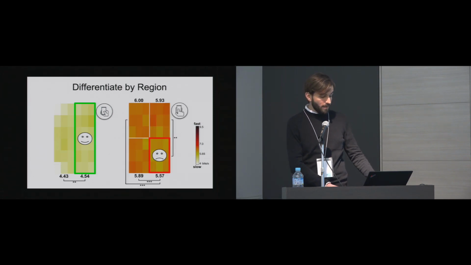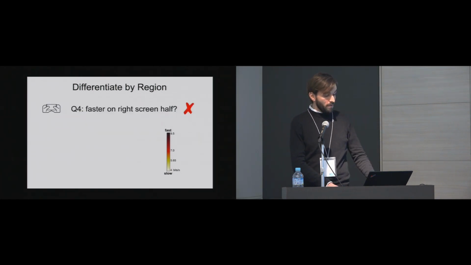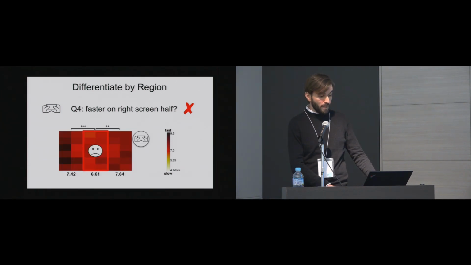And if you now look at another grip, the two-handed index grip, taps in the bottom right quadrant of the screen are the slowest. This shows that different grips can have very different performance characteristics. For the two-handed thumb grip, we found no significant differences in terms of screen halves. This rejects our research question 4. The screen half of the dominant hand does not allow for faster taps. But when we are looking at the screen thirds, we found a drop in performance in the center. So the two-handed thumb grip is slowest in the middle section.